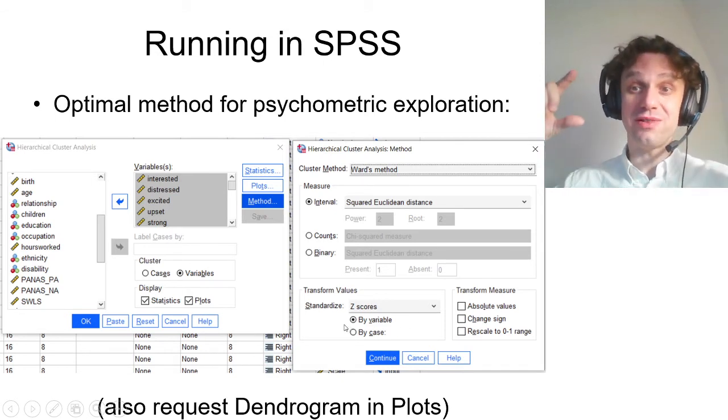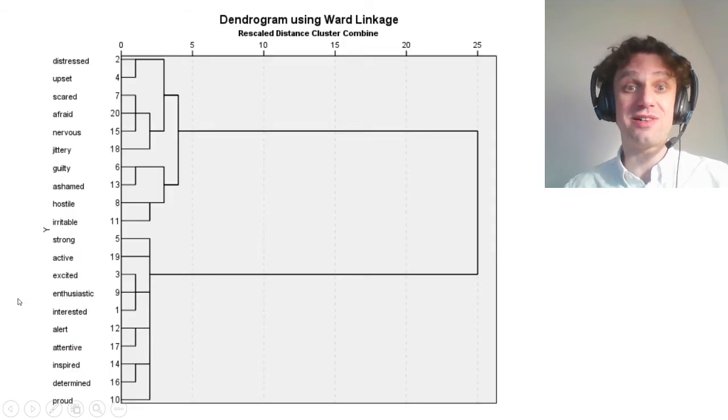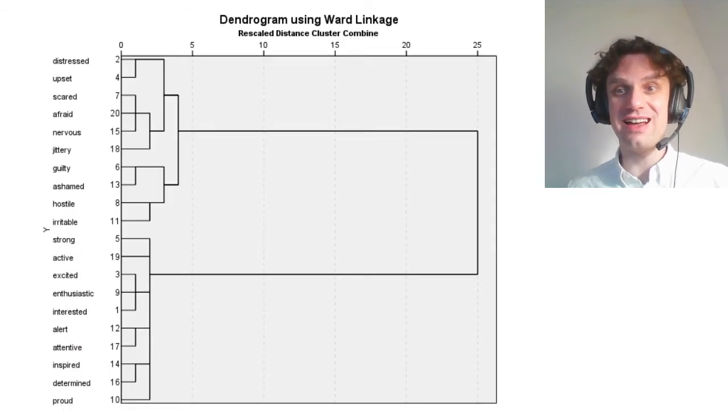This way, every variable will have the same mean and standard deviation, and even if you're classifying individuals, still this approach is the best. And just in plots, we request a dendrogram, and the results of our cluster analysis in